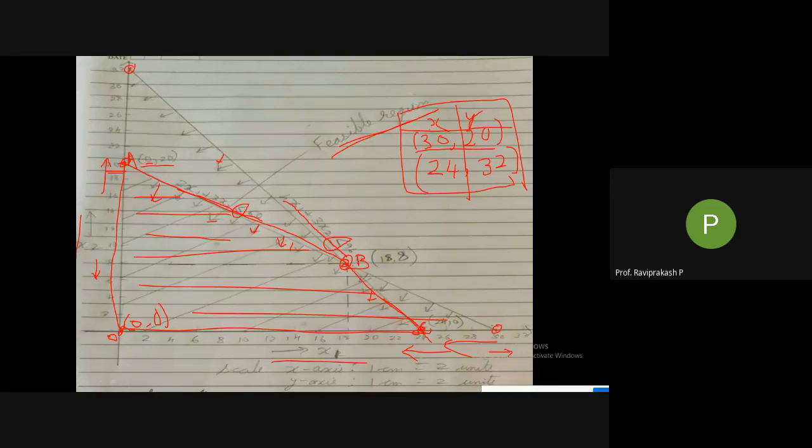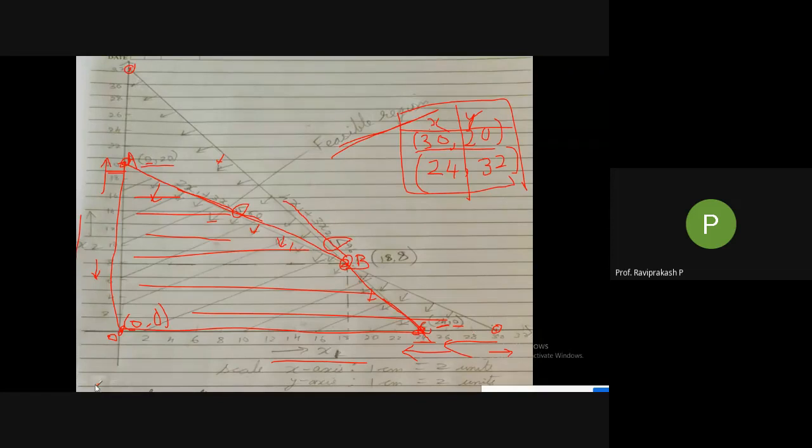Coming to C again, I'll go to B later. I'll just remove these lines, then you'll understand better. If I'm coming to C here, I am moving in the X direction. How much? By 24. So the x coordinate is 24, and on the y-axis, have I gone somewhere? No, it's on the x-axis, so the y value is 0 here. So here it is 0, 20. Here it is 24, 0. Don't make any mistakes in this. Always the x-axis value will be first, and then the y-axis value.